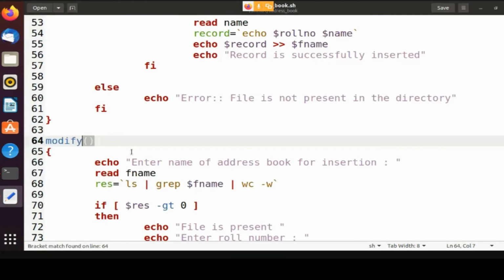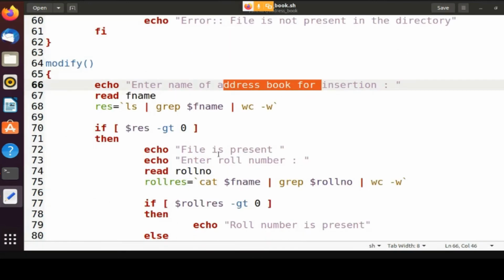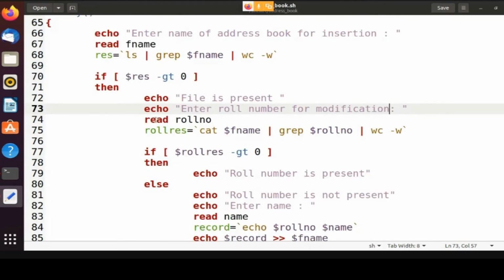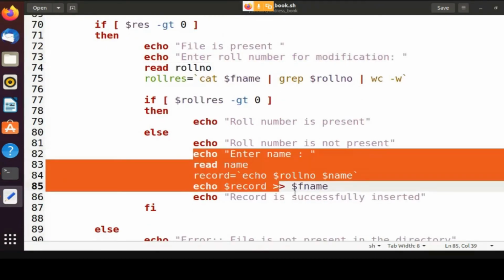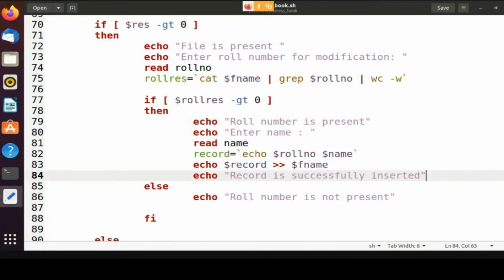The same logic: enter the name of the address book, read it, find it. If the file is present, enter the roll number for modification. If the roll number is present, then you will modify; otherwise you will not modify.